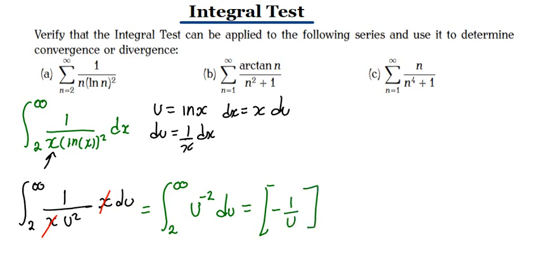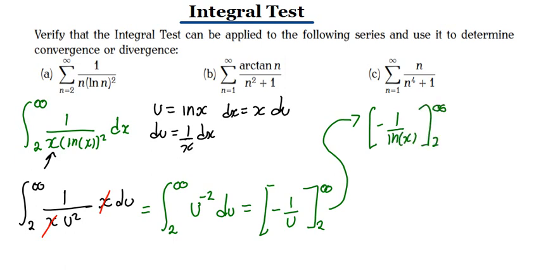Then evaluating from positive 2 to positive infinity. Remember, we said our u is equal to ln of x, so that will be minus 1 over ln of x, evaluating from positive 2 to infinity. Then you can do the substitution and say 1 over natural log of infinity minus